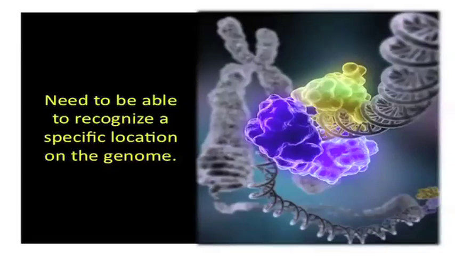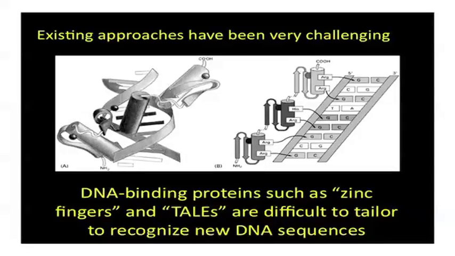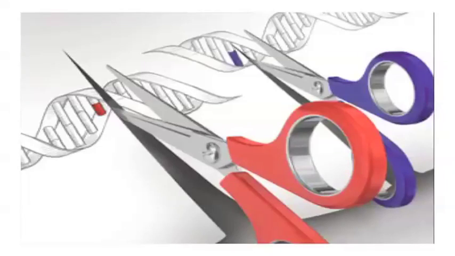We don't have a search and replace function. And so what we need is to develop a new way to actually search for that error and then replace it. It turns out that nature has evolved these kinds of tools, the search and replace function, and that is called a DNA binding protein. This is a small protein that can go into the genome and then based on the sequence, latch onto the exact location that you want to latch onto. And so with this DNA binding protein, then you can build scissors that can literally cut and paste within the